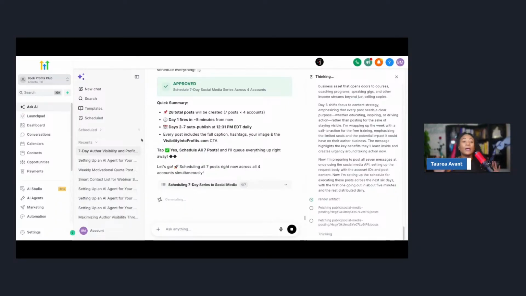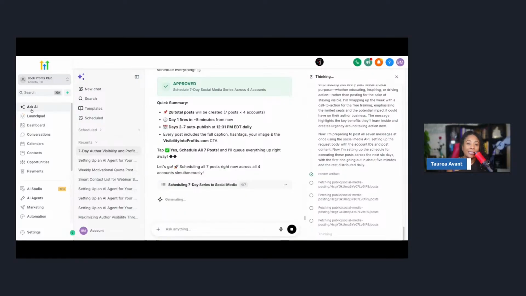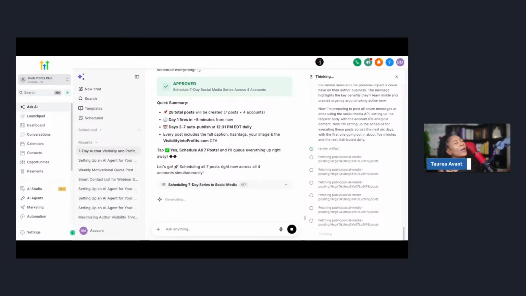If you're like, I just don't even know how to do none of this, I'm gonna be honest, anybody that tells me that, when I literally just showed you guys, all you have to do is log into the software and click right here where it says Ask AI. Now, the other feature of how to turn it on, I might have to show you how to do that. But all we did was literally click Ask AI. If you guys use ChatGPT, Perplexity, Claude, any of those platforms, and you give it prompts, you literally can give it prompts right here. But the great thing is that it's already connected in your software. You don't have to do no special connectings or none of that. You're literally already in the software. And so you just connect everything.